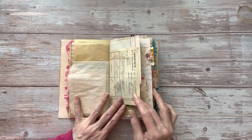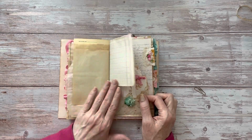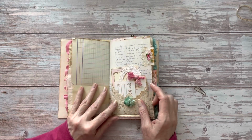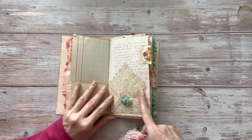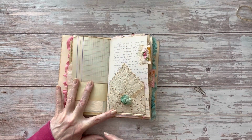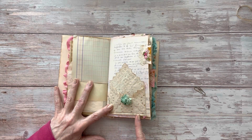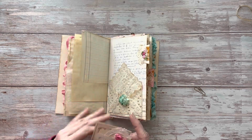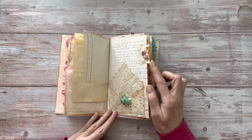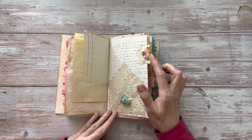I've added in this vintage French ephemera sheet, a little piece of vintage ledger here, and then here I have a coffee dyed square doily that I have folded into an envelope. I've added a little petaloo flower there in that turquoise, and a little bit of that gold ribbon, and another tab here. And these tabs are made from a die cut that I just folded in half. Added a bit of lace,